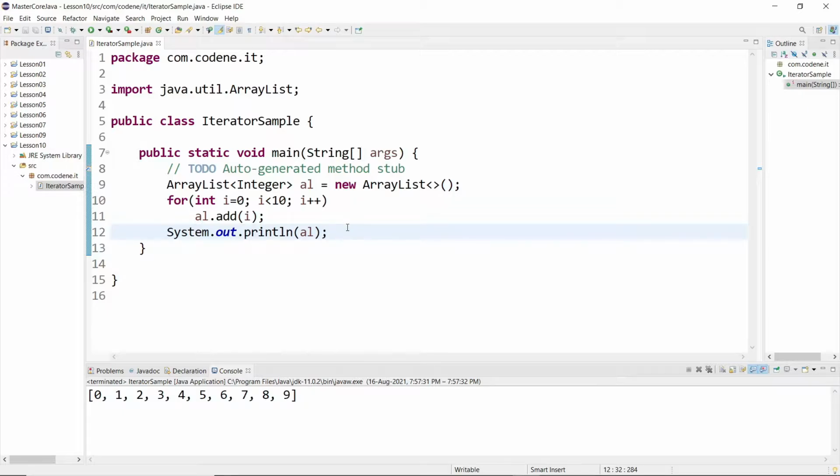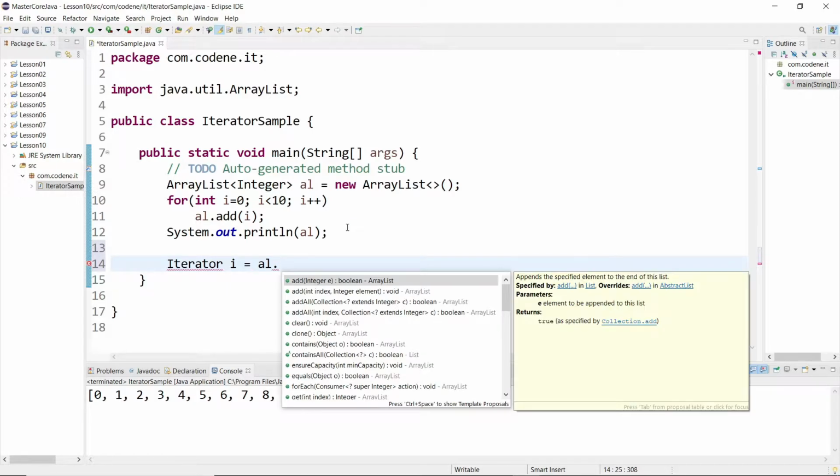Now what iterator does is it calls the iterator method from the array list, or say from the linked list, and gives you an object, a reference variable, using which you can get the position of the element and iterate through the array list. Let's say you write Iterator i equals al dot iterator.